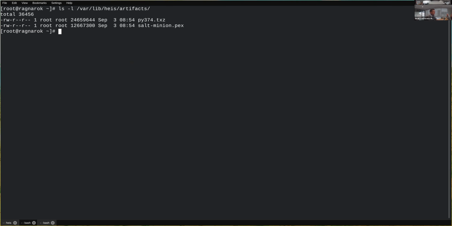One of the problems I ran into is that earlier I was under the impression that Python 3.7 would be Python 3.7 on multiple systems, and that just wasn't the case. We were running into odd errors with our PEX files, even though we were still running Python 3.7 on two separate operating systems. So it really came down to, we need to be able to distribute Python with the system. You don't need to have really anything other than SSH running on the remote system for this to work. You don't need Python. There's no dependency on Python versions. I haven't tested this all the way back to RHEL 5, but by all means it should work, though it needs a little more testing.